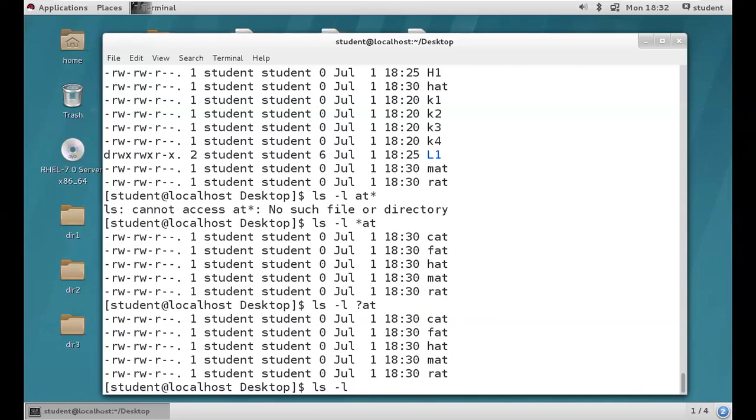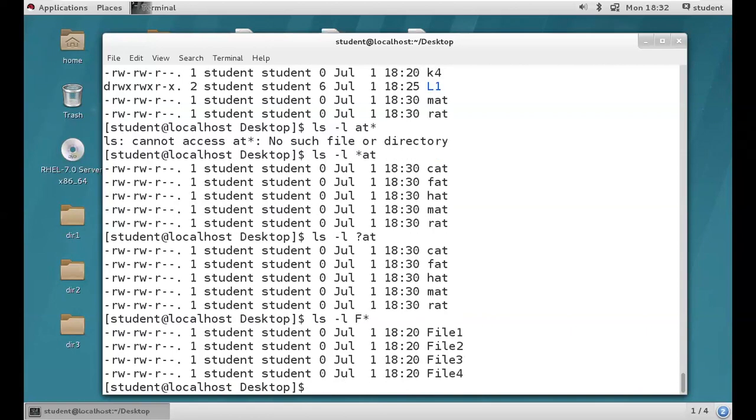For example, capital F. So we will have file1, file2 like this, right? So capital F star, you are going to get file1, file2, file3, file4, because star is going to consider everything after F.